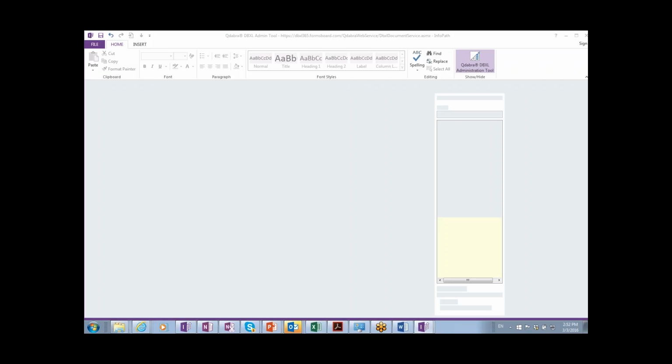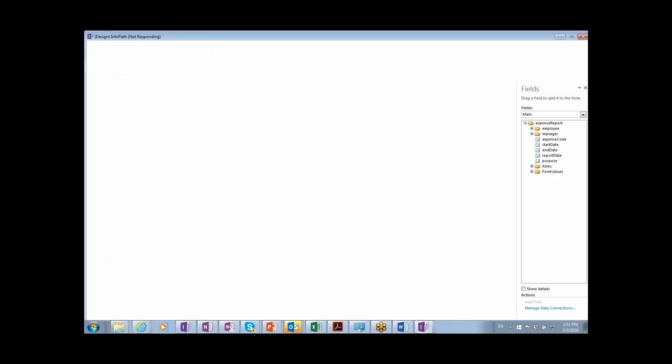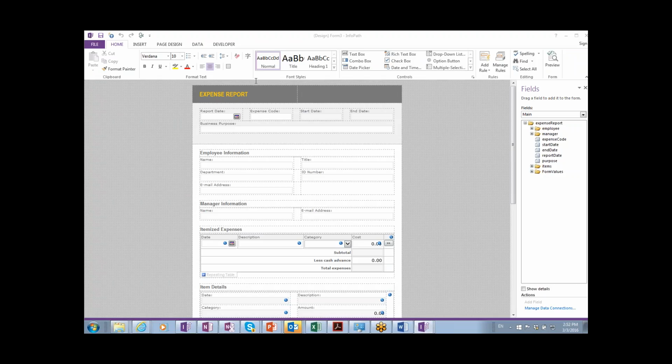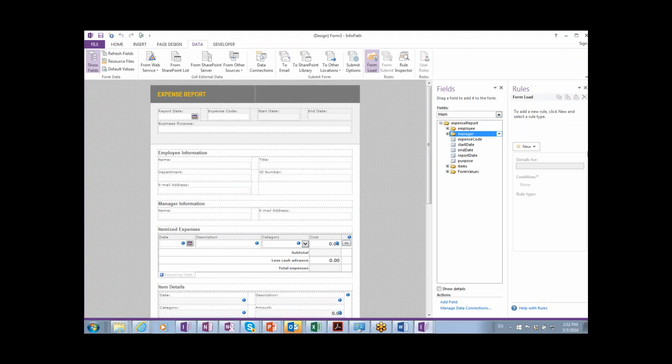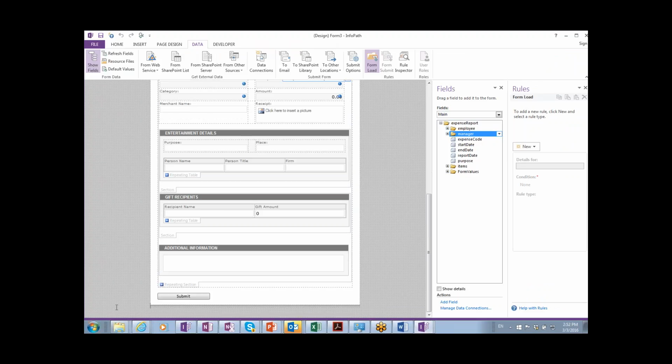For the purpose of this lab, we did not create a SharePoint list that queries the keys. In fact, what we did was a little bit more crude. We actually went into the form and we've hard-coded the form when it opens to set that value. And I believe it's either on open or it's on submit. So it looks like it's on submit. So on submit down below here, when we submit our form,